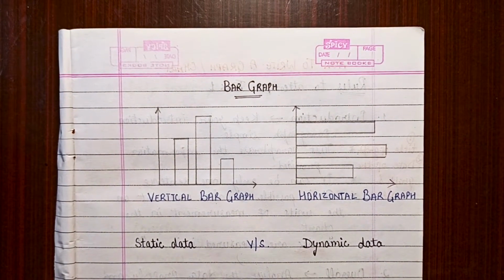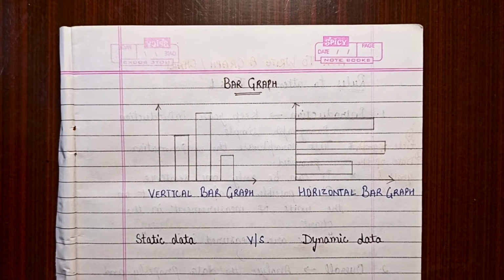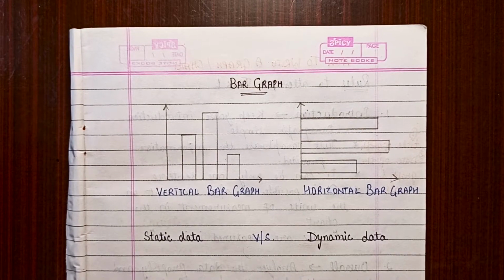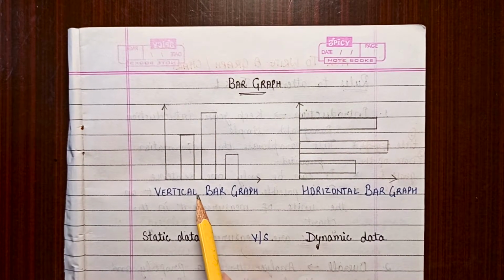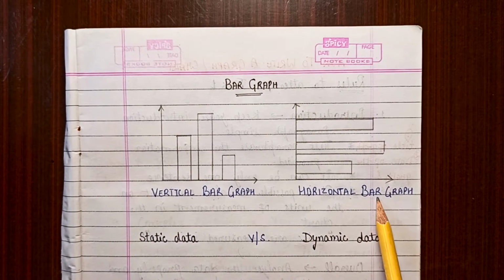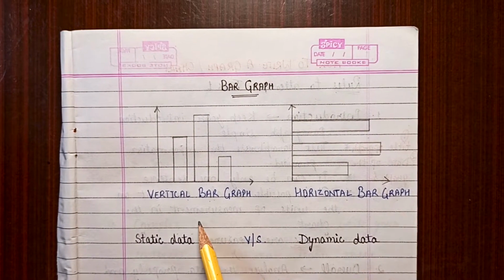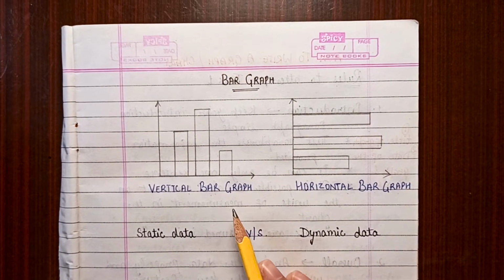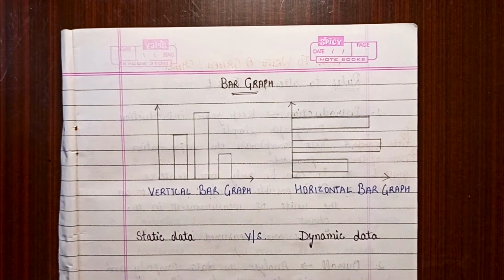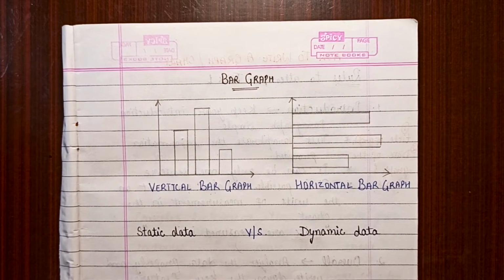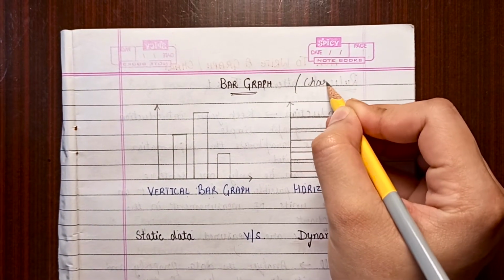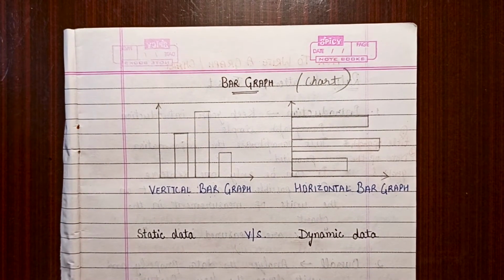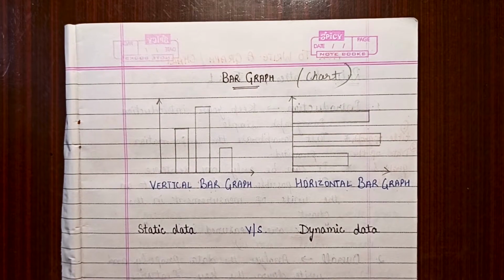In this video we will talk about the bar graph, the vocabulary as well as a sample example. So moving ahead with the types of bar graph, first is the vertical bar graph and the second may be the horizontal bar graph. If you don't know the difference between the horizontal bar graph and the vertical bar graph, you can write it as only the bar graph, but you will not write it as chart. I hope you know why we don't write it as chart, because in the bar graph as well